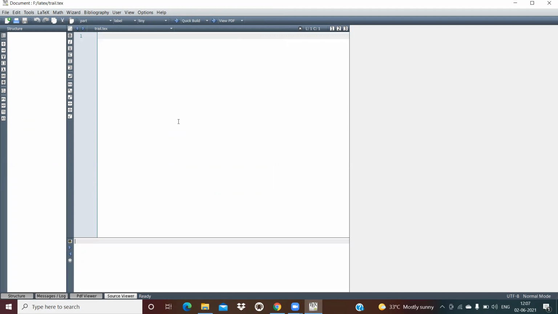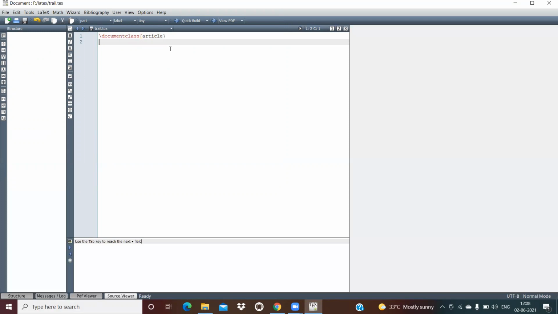Now we are going to make a document class. We are just going to see what an article looks like in the text file. So for that we are choosing the option slash documentclass, so it will automatically come here, and we are not going to do any additional thing. We want to see what an article is. Okay, now